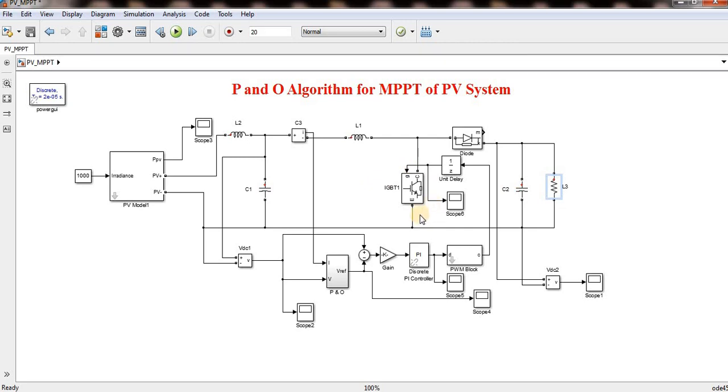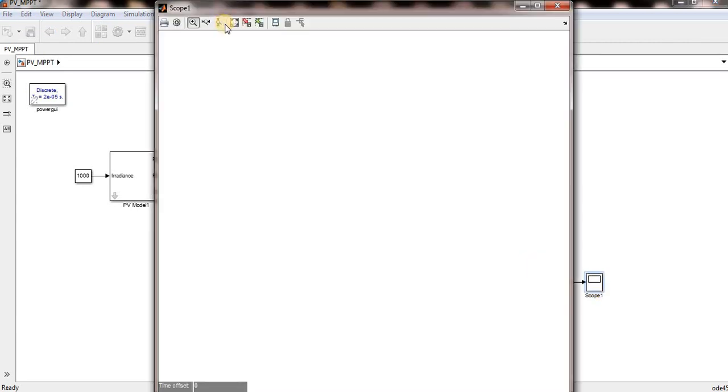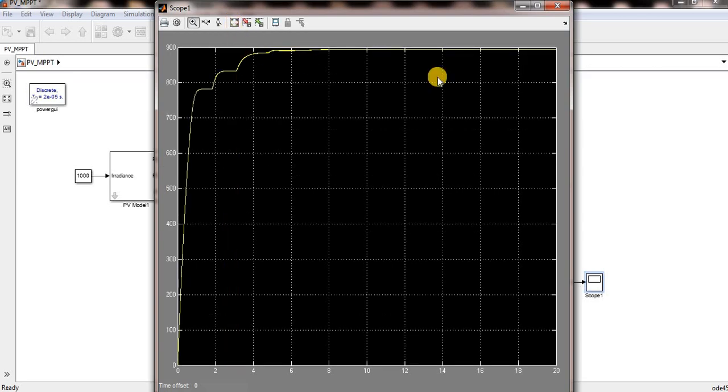So it is not an issue to increase the output voltage by the boost converter, but the limitation is there. That is another thing. In my previous videos I explained the boost converter design and everything. There you can see. But here the boost converter is regulating the input voltage of the boost, that is the output voltage of the PV, not the output voltage of the boost. So see here, this is my output voltage. I will show you my output voltage. See how much I am getting.